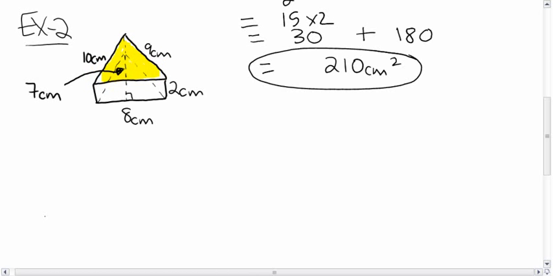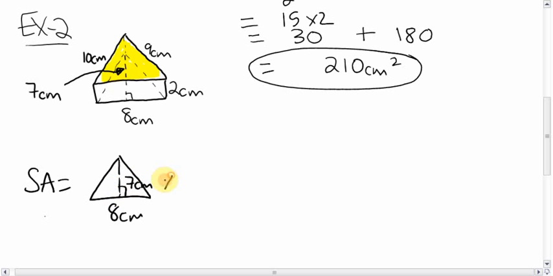So we have that. Now, for that triangle, we have the dimensions of 8, because that is 8, and that is 8 as well. 8 centimeters. The height, which is the straight up and down height from there to there, is 7, as shown by that. So it's 7 centimeters. There's 2 of them, so we'll multiply by 2. Plus,